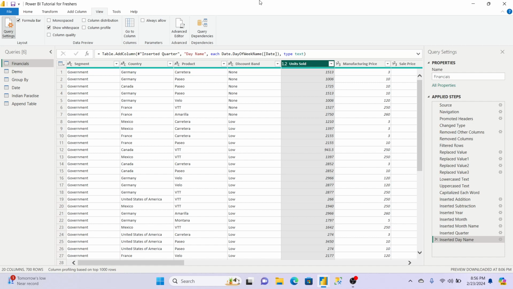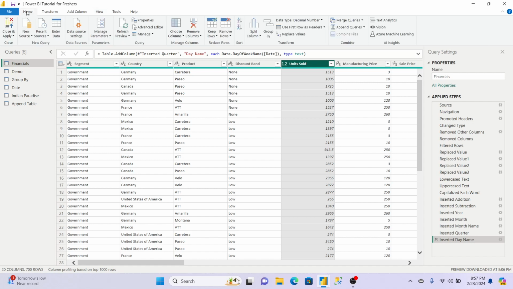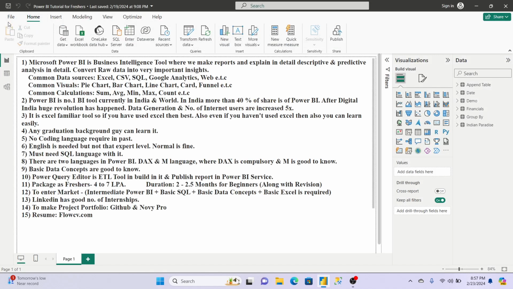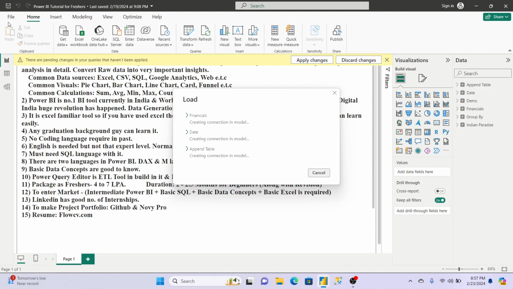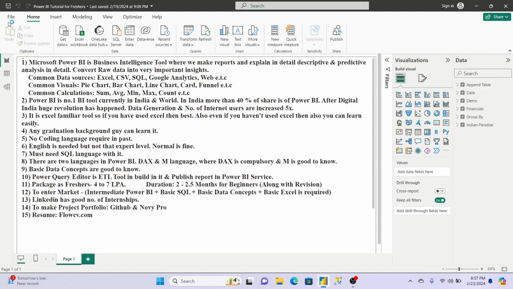So guys, if you have any kind of doubt, make sure you comment. I will reply to you. And after completing this in Power Query, as I told you, just go here and click on close and apply. When you are going from Power Query Editor to Power BI, always click on close and apply.